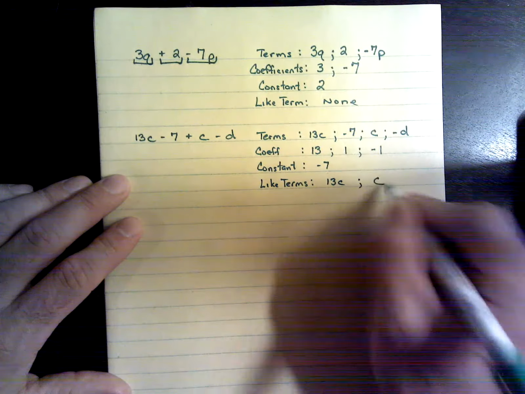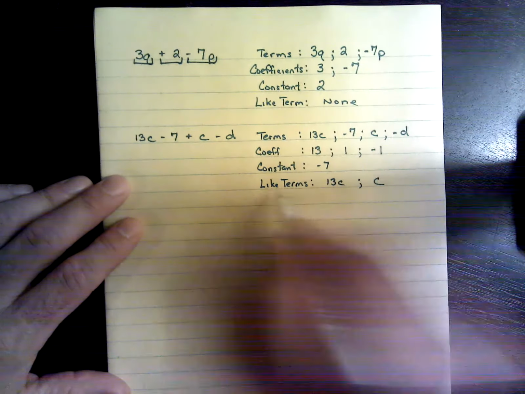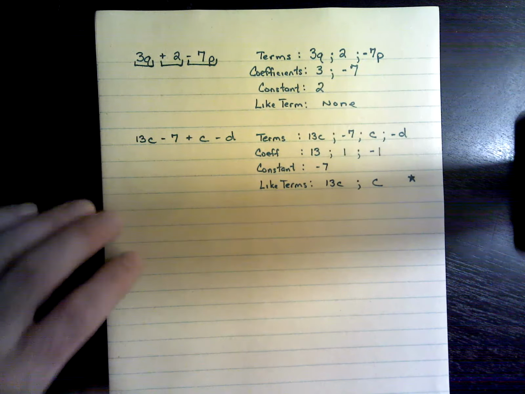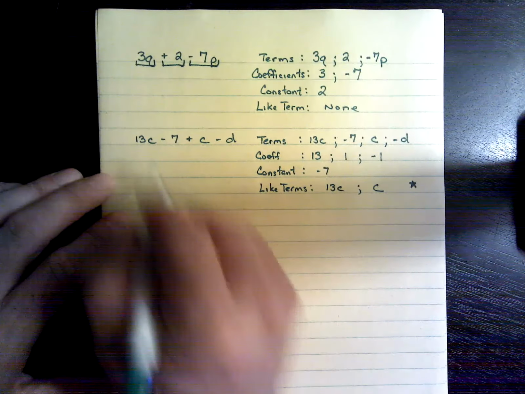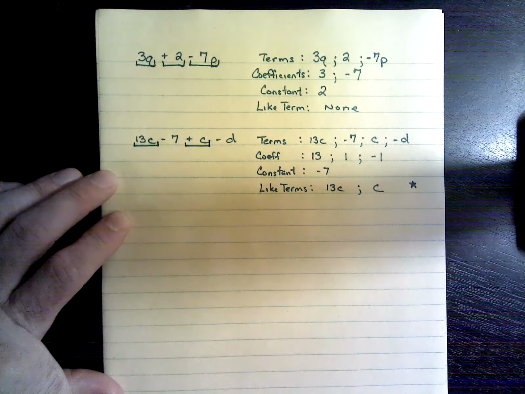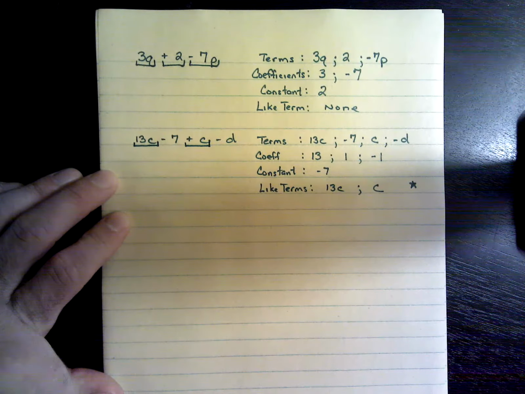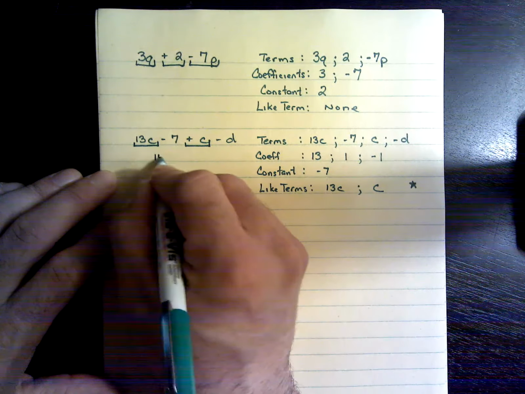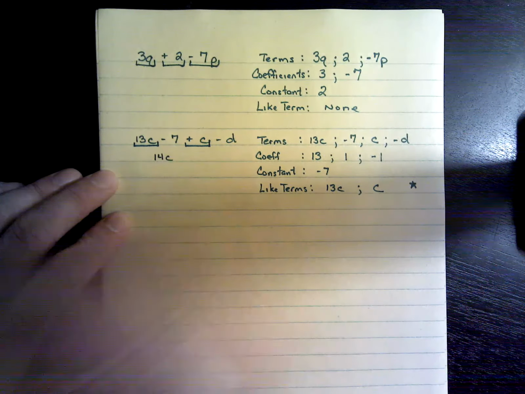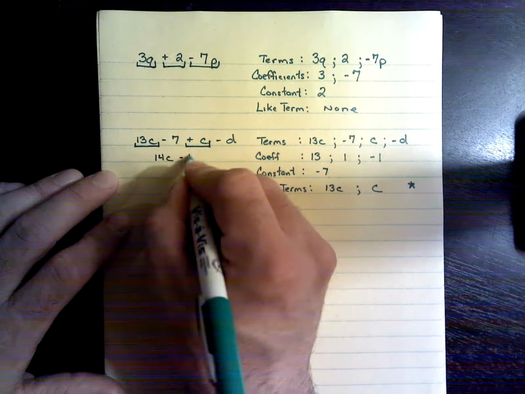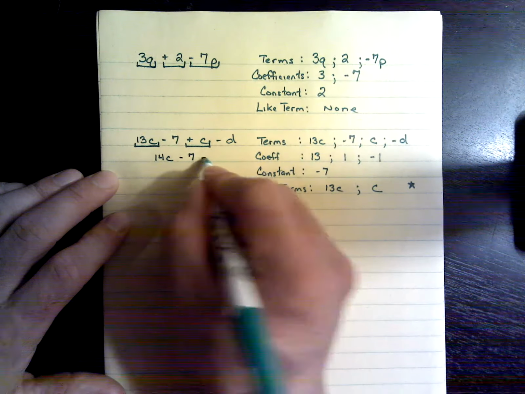and 1c. Now this is actually what's going to help us as we go ahead to simplify. So when we want to simplify, we're going to look for like terms. So in this case, I have 13c and 1c. So if I have 13 c's here and 1 c here, I will have 14 c's. 7 doesn't have anything because it's a constant. There's no other constants, so it would be minus 7 and then minus d because the d doesn't have a